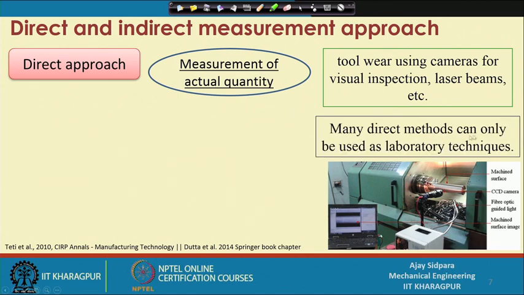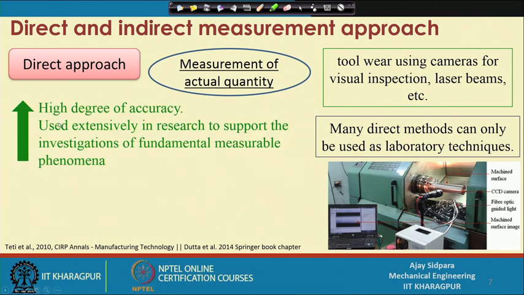Many direct methods can only be used as a laboratory technique, because if you put many things here and there, then the machining operation cannot be performed in a better way. These things will occupy many spaces and you do not have the liberty to set the workpiece and then again set these parameters. Right? So, there are advantages of this, the high degree of accuracy,